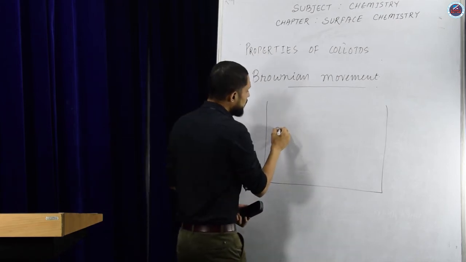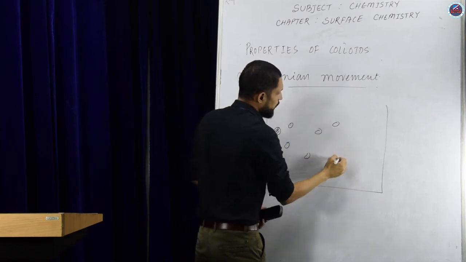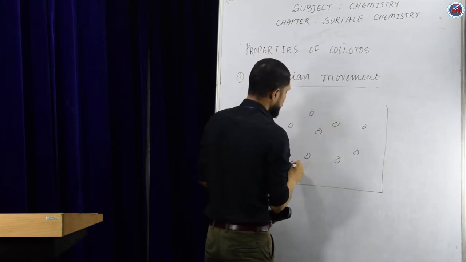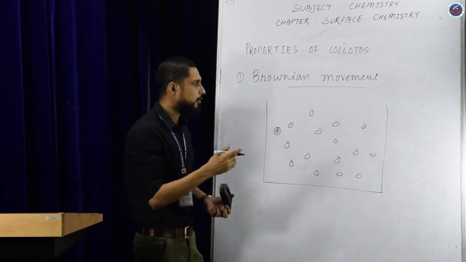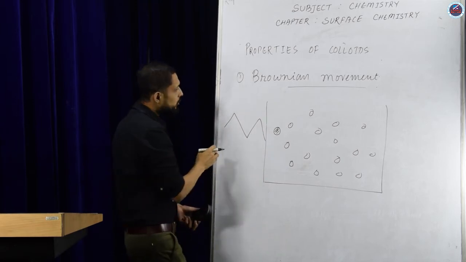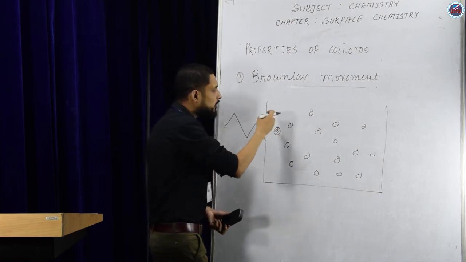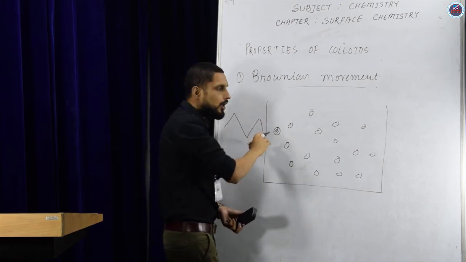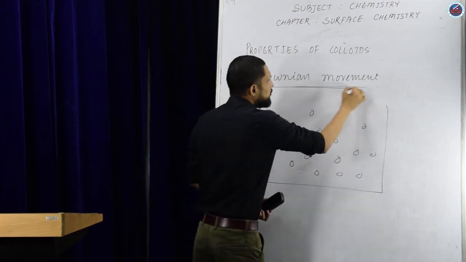Now the particles of dispersed phase move in a zigzag motion. It's like this, zigzag motion. So this zigzag motion or the movement of the dispersed phase particle in the colloidal solution is known as Brownian